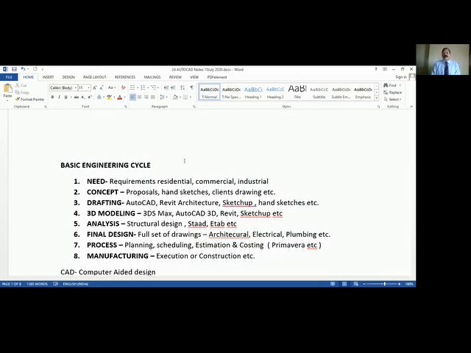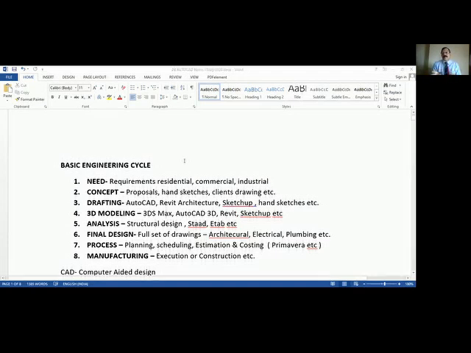So your responsibility, the third step, is to draft something. Give him a draft. You may give it by sketching. You will use AutoCAD, Revit Architecture, SketchUp or hand sketches, and you will give him some concepts, some drafting things. So he will look at this and say, oh okay, this is how I want it. I want the room here, I want the room there. Some discussion based on the drafting. Third step. Then he will say, okay, the plan is okay, but I want to see how my building will look. Then the fourth step comes.